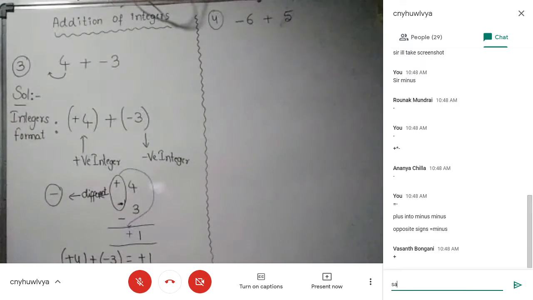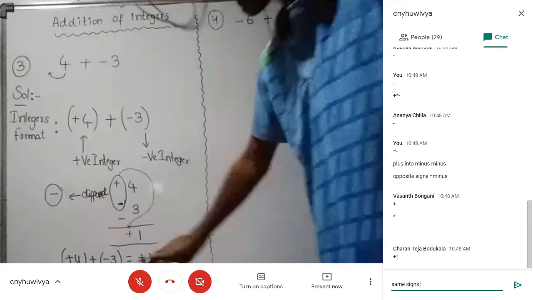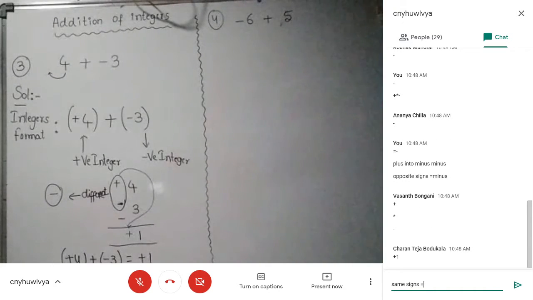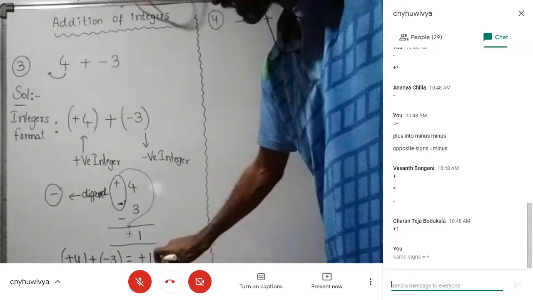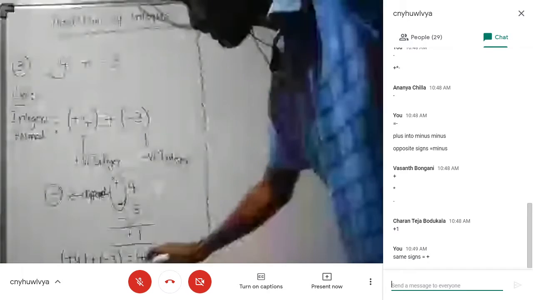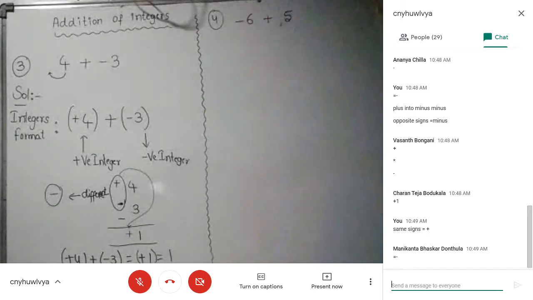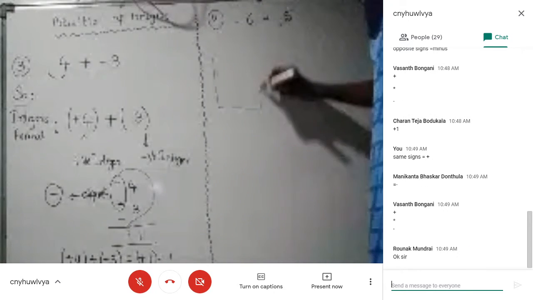Next, if you want to understand this one, why we got the positive result? Plus 1 is nothing but 1 only. Now, why we got a positive result is a question for us, and now we'll solve that question.